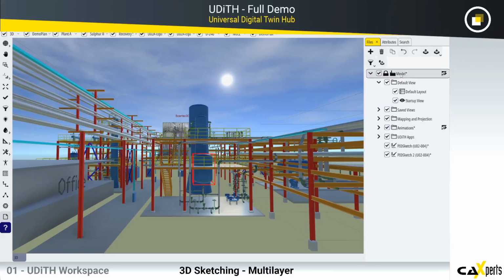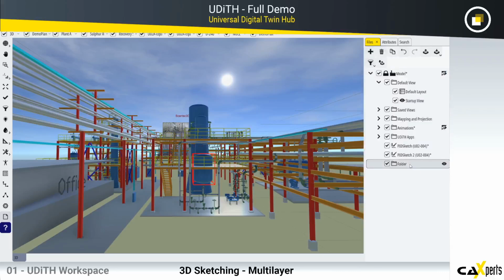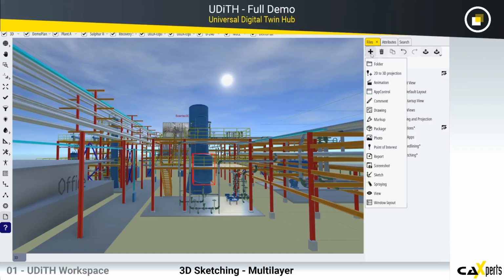So let me, first of all, sort this a little bit in a folder here and say, okay, this is my PID redlining, and just drag and drop them into the folder. So now I will create another folder for 3D sketching. And in the 3D sketching, I will now add